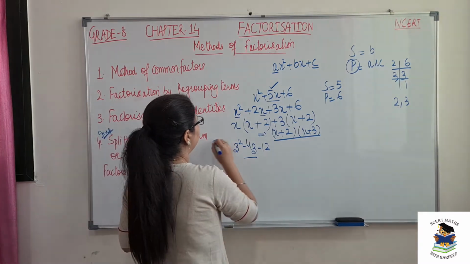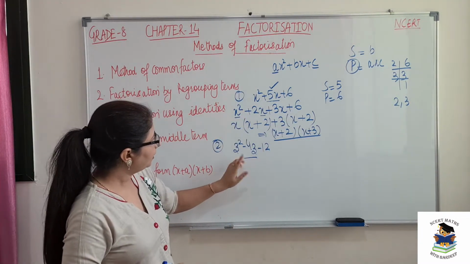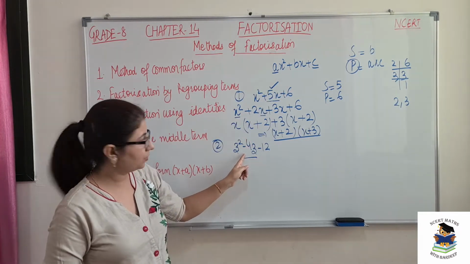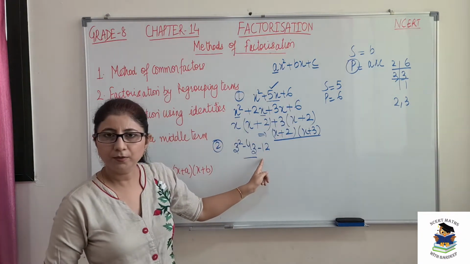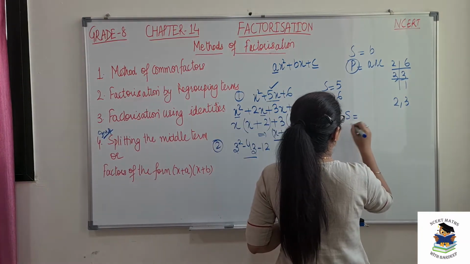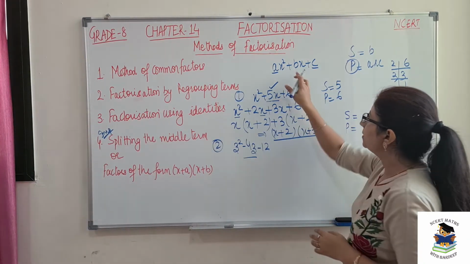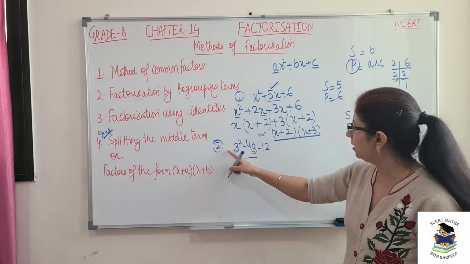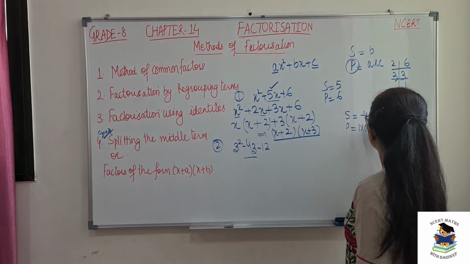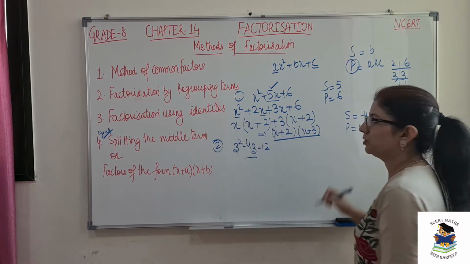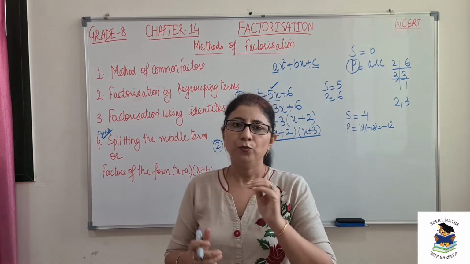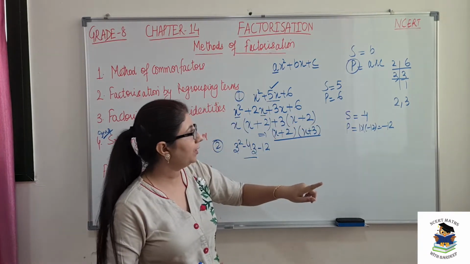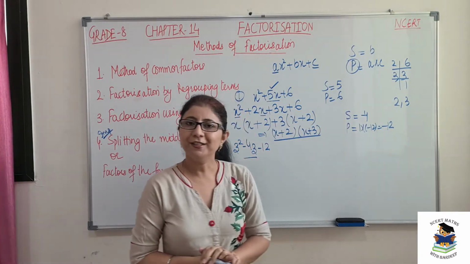See, in this case, let it be example 2 and this is 1. So again, what is A? We have 1. What is B? That is minus 4. And what is C? That is minus 12. So what should be the sum and product? Sum is B, B is minus 4. And product is AC, that is 1 into minus 12, so we have minus 12. So now our target is: which two numbers should be multiplied to get minus 12, and when they are added I should get minus 4.